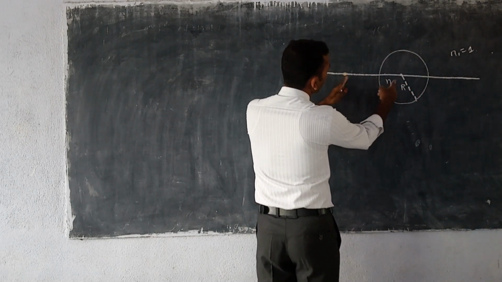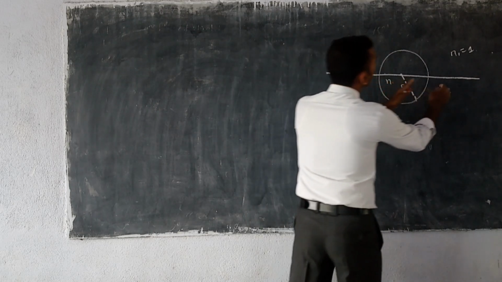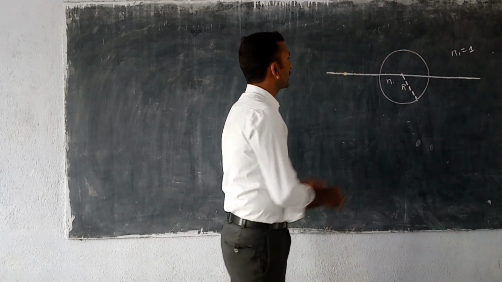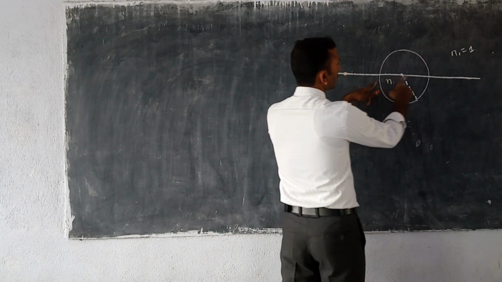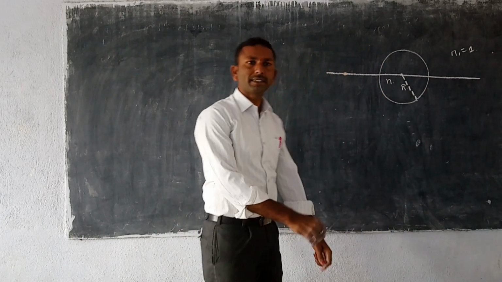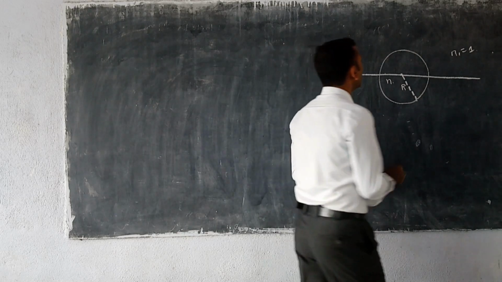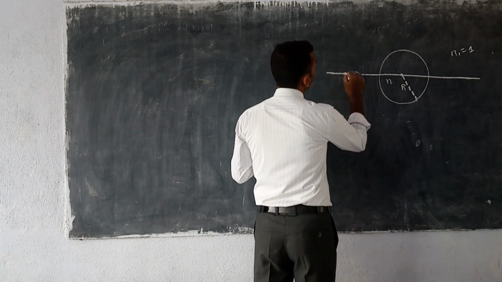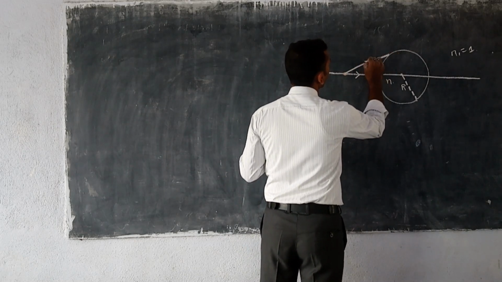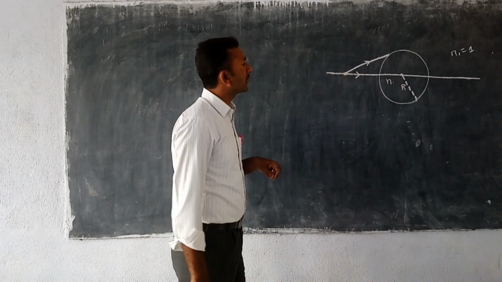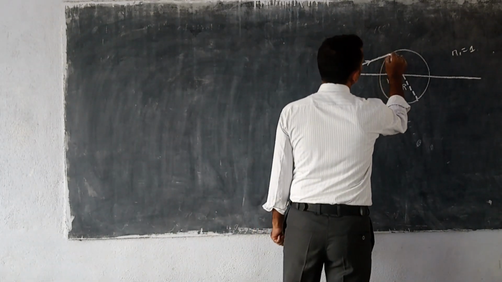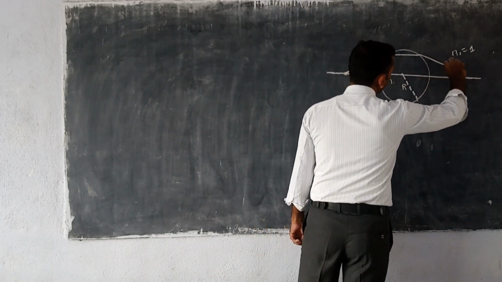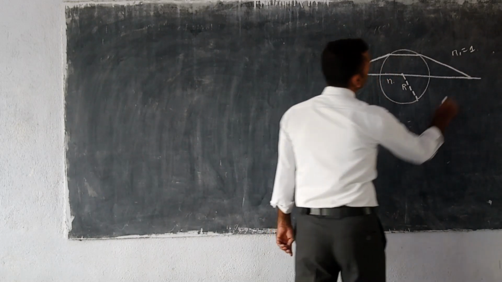the distance from the object to the surface here, and the distance from the surface to the image formed here, will be equal. Both distances, from the object to the first surface and from the surface to the image, should be the same. Then we have to find out where we should keep the object. This one is the principal axis and the first light ray, and we are drawing it. Another light ray goes by making some angle with the principal axis, and after incident on the curved surface it bends, and again after the second curved surface it bends, and it meets at some point.